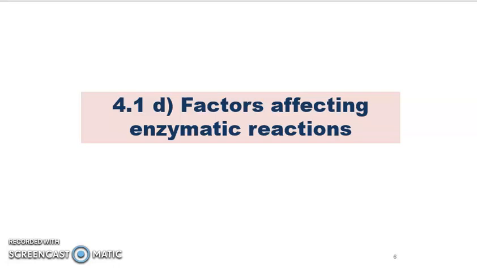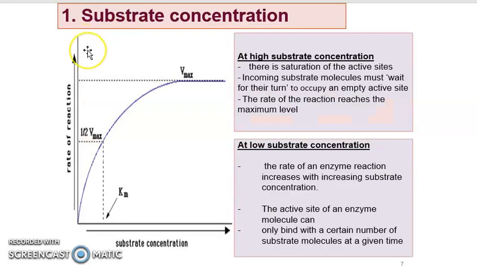Okay, so now let's proceed to factors affecting enzymatic reaction. What is the first factor that can affect the enzymatic reaction? So firstly, we look at the substrate concentration. At low substrate concentration, as you can see here, the rate of enzyme reaction increases with increasing